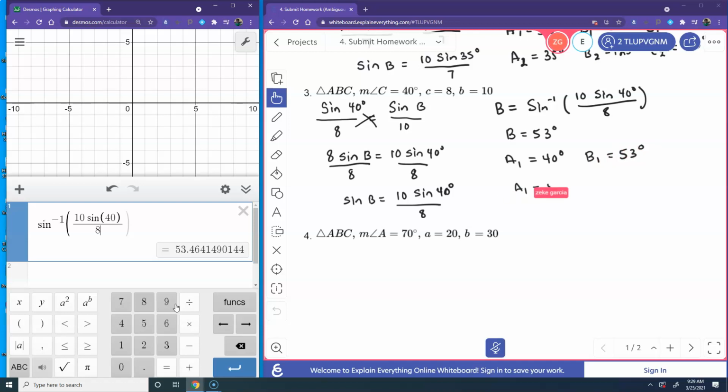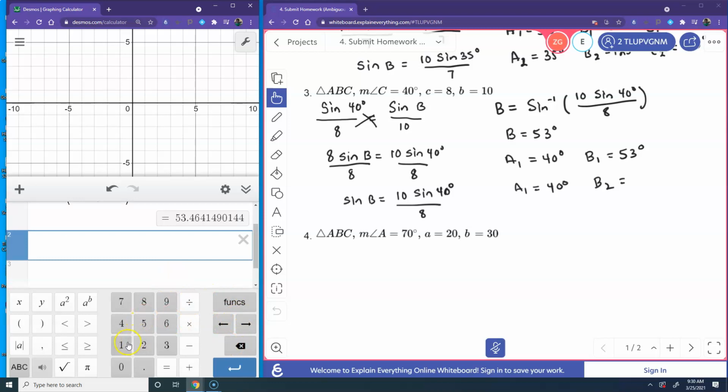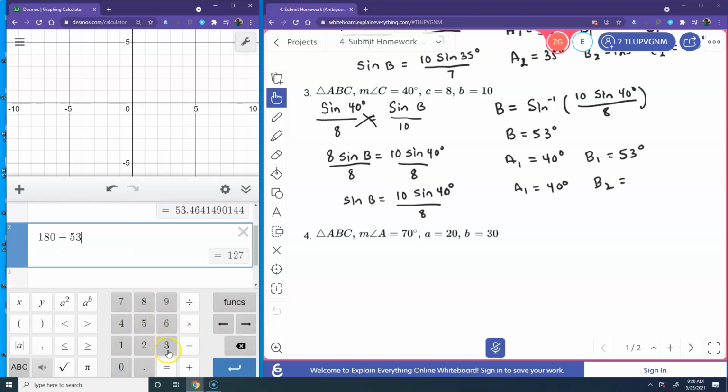Angle A is 40 degrees. Angle B2, we have to do 180 minus 53. So we have 180 minus 53, which gives us 127. So now to find